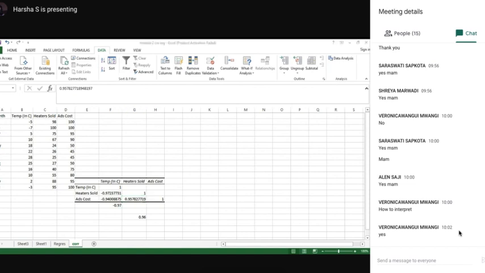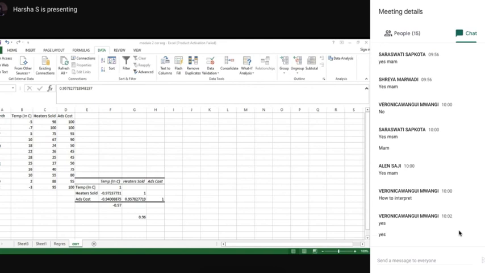Understanding? And if the correlation is positive, what does it mean? It indicates a strong direct connection between the advertisement budget, advertisement cost and sales. That is, the more money you spend on advertising, the higher will be the sales. This is how you interpret.